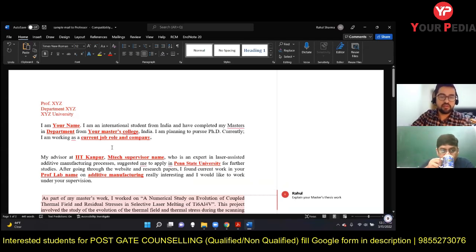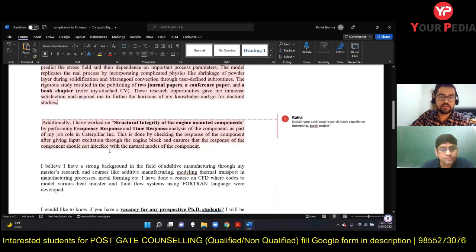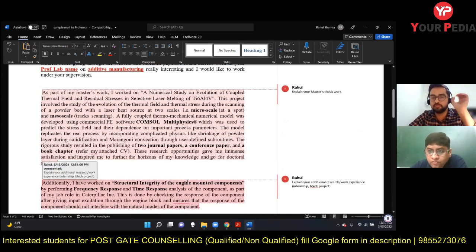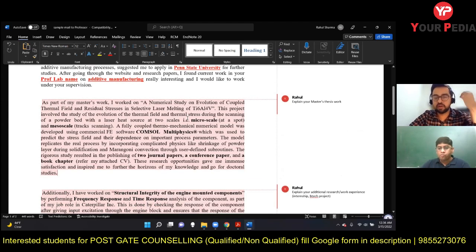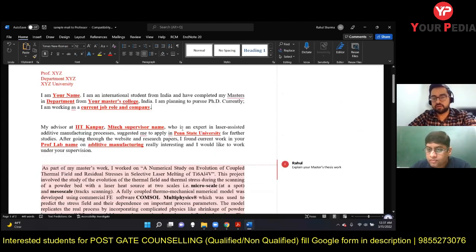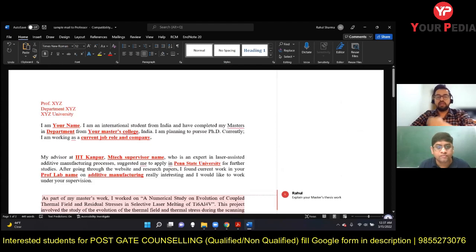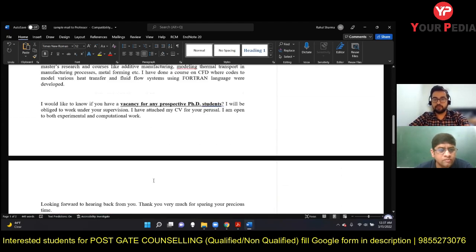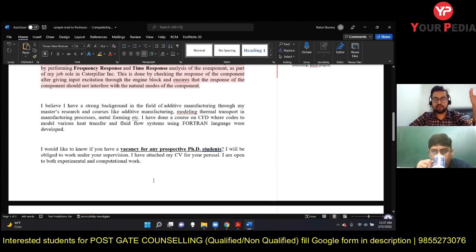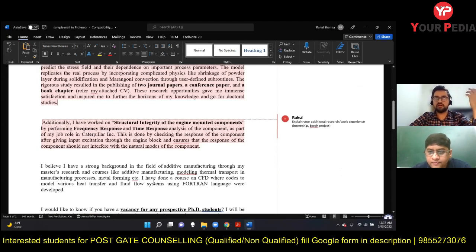So first of all, there are two categories of people. One category always guides you to write a small email, and the other category is basically my type of people. I will always say write a long email, not a small one. There are two advantages if you are writing a long email. One is that if you send such a long email to a professor, after reading it, he will basically think,